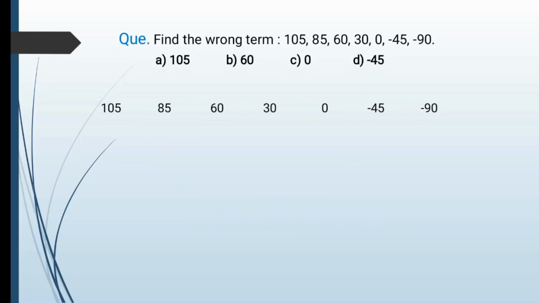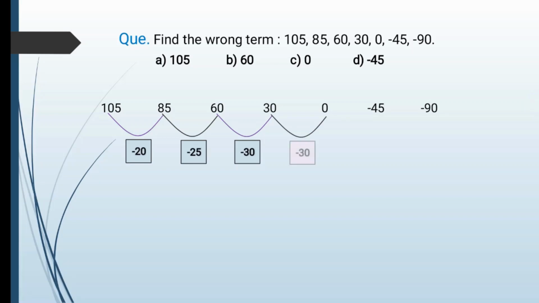Now in our next question you have to find out the wrong term. A series is given in which one of the terms is wrong. You have to identify which one it is. First thing again I'll do what? I'll find the differences. The differences for these terms are minus 20, minus 25, minus 30, minus 30 again. Now as of now in the sequence I was going, I would have thought that this number should have been minus 35. Instead I have minus 30. So for now I am marking this as the odd difference, the odd one out amongst these.